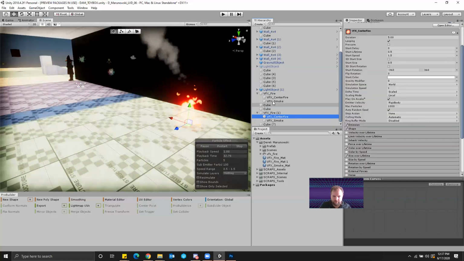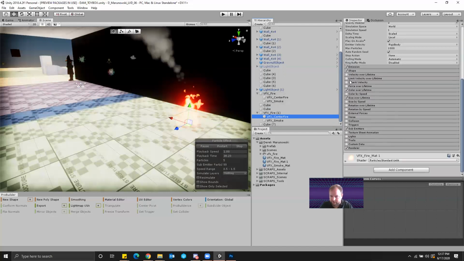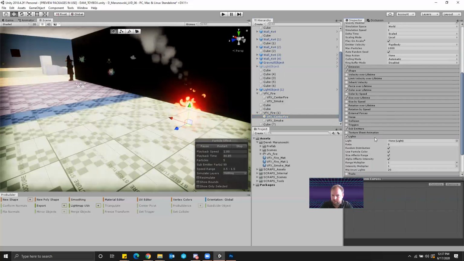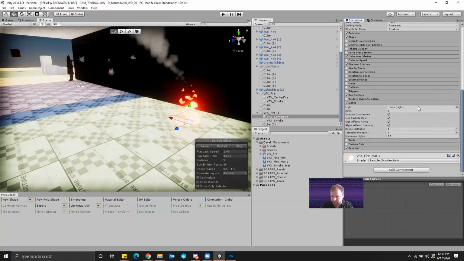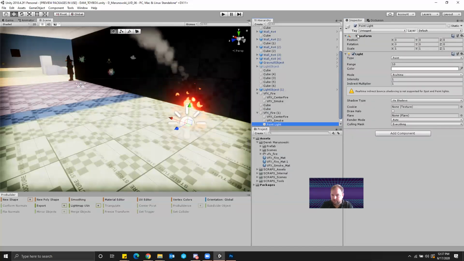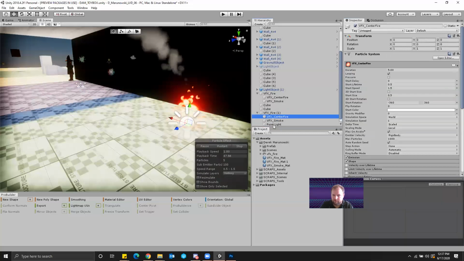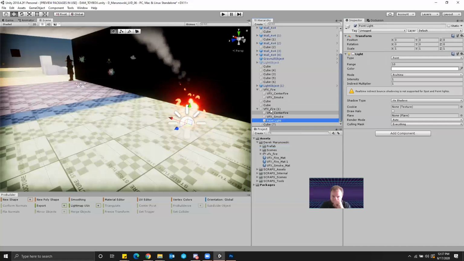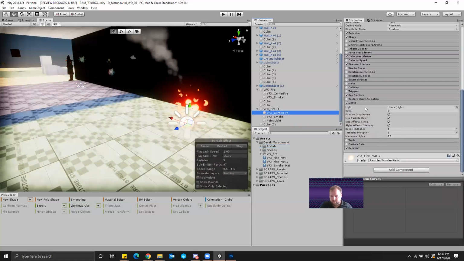Yeah, so what I want to do is talk about adding a light. On this center one, there's actually a thing where you can add a light to it. If I go to lights, you can then put a point light in here and it'll actually spawn point lights with the particle system. So if I created a point light under here, and then just disable it, this way we can set it up, but then add it to the fire here. So drag point light down to, I have to pull it up, hold on. Center fire, go down, lights, point light,